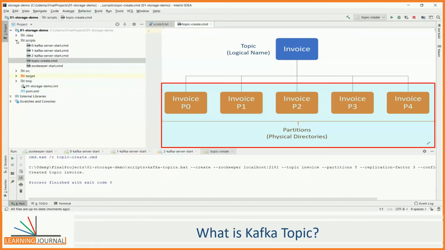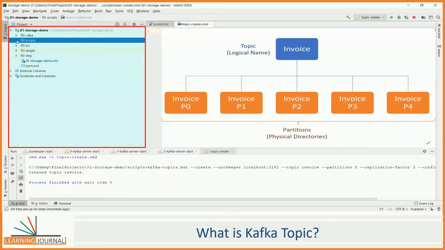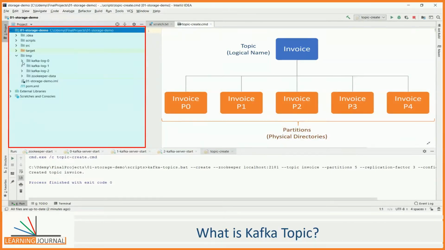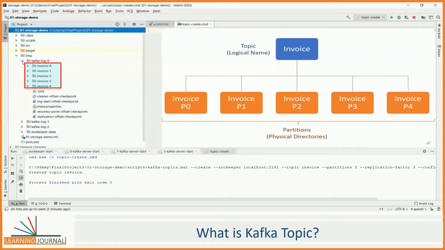Apache Kafka creates a separate directory for each topic partition. I created a topic for invoices and specified 5 partitions. That means Kafka will create 5 directories for the invoice topic. You can see it here.